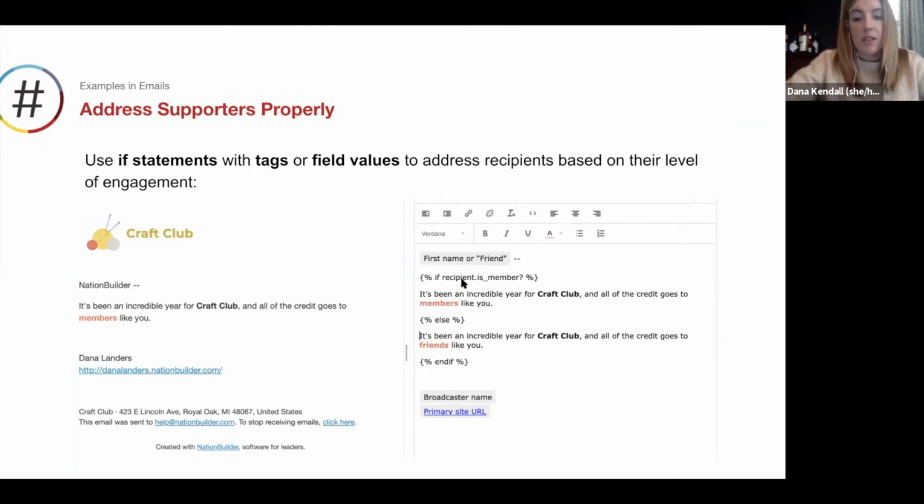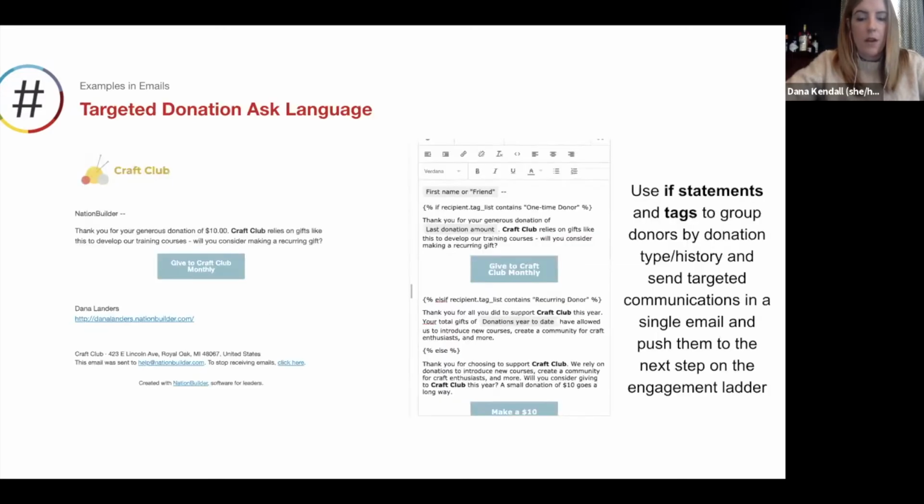This example is looking at a flag on the profile, like do they have a membership or not? But obviously if you represent that information any other way, like a tag, then we can pick that up too. Another example of this is making a targeted donation ask that's intended to move someone along a ladder of engagement, again, without having to break it out into 3 separate emails. So in this case, we are using a tag. So in the liquid example that I have here,